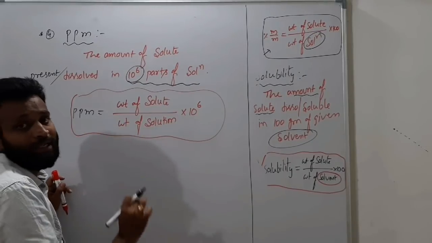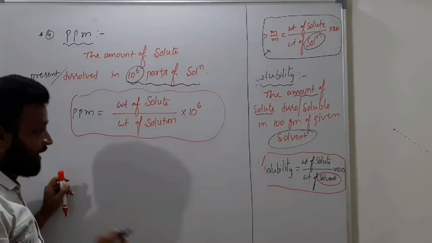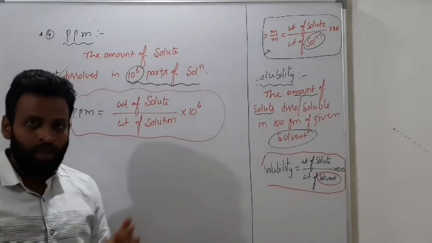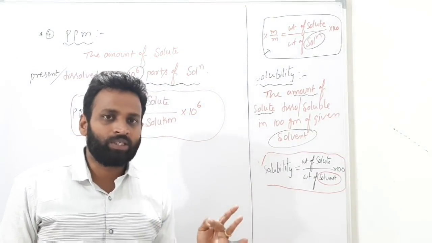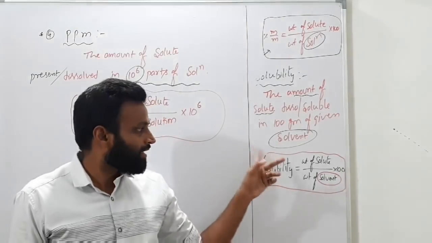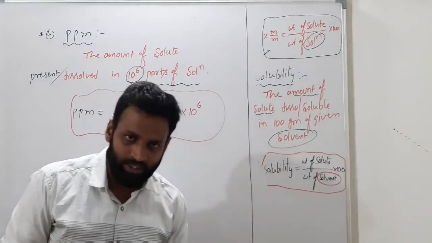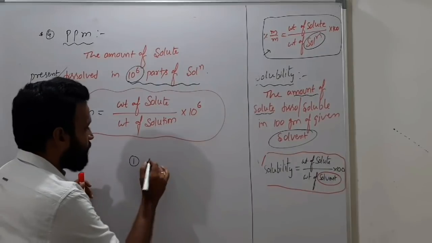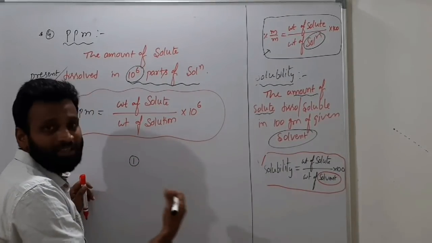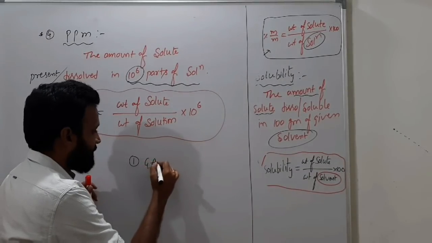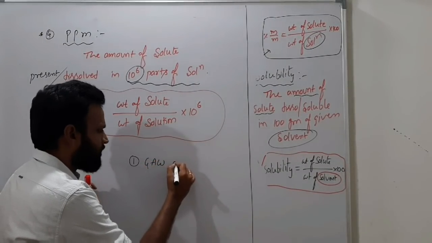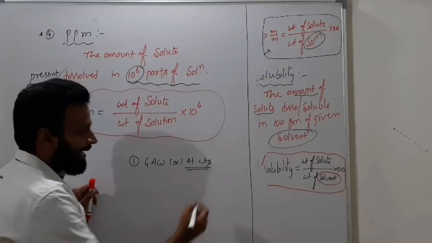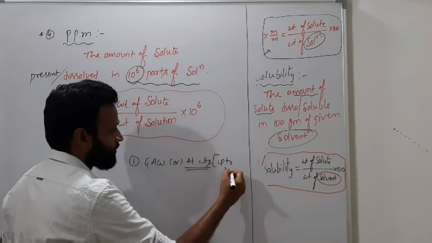So remember all these things. How many concentration terms did we discuss? Four: percentage weight by weight, percentage weight by volume, percentage volume by volume, and ppm. And along with that, we discussed solubility. For the next class, as I told you yesterday also, you have to remember gram atomic weights. Simply atomic weights; you must remember them at least up to 30 elements. Hope a few already know all these things.